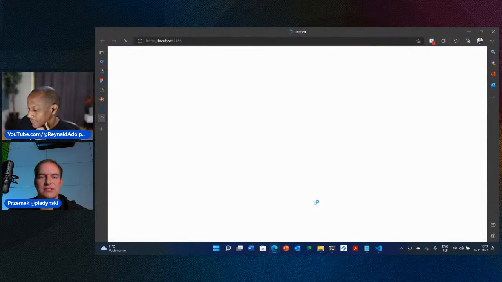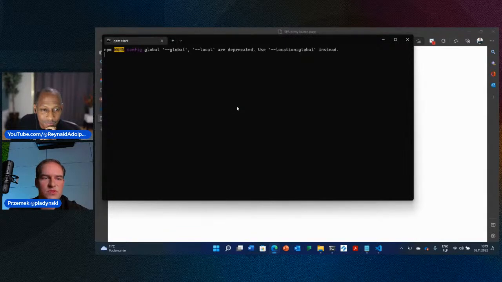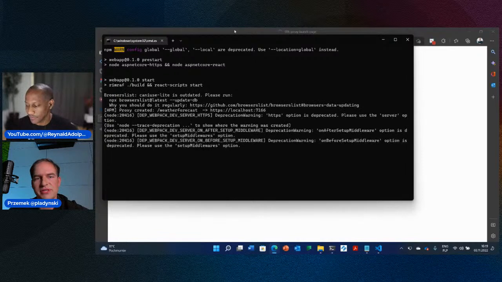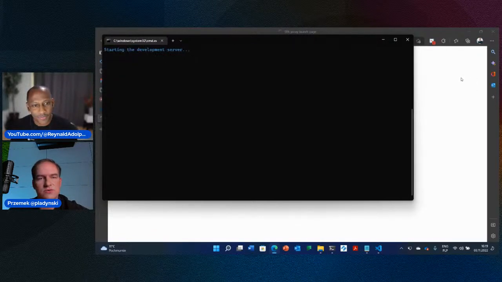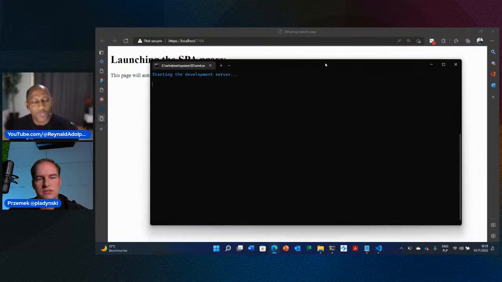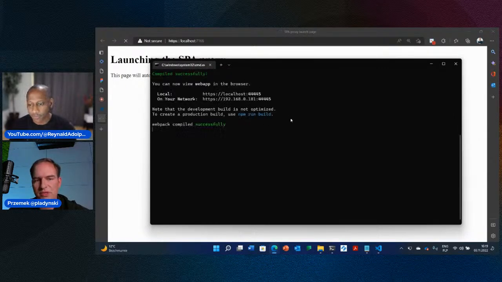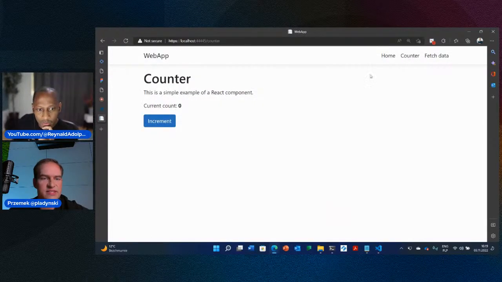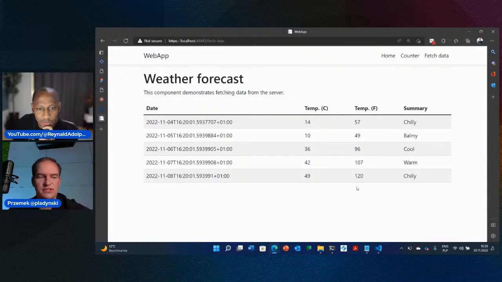Okay. And here with the .NET templating mechanism, once our React server starts, we'll be able to experience the web page in React. Let's give it a second. So we're launching a React application right now? Yes, that will be the web application, so we can see the different environments and how they behave. So that's the standard one. There is some counter, and there's some fetch data component.